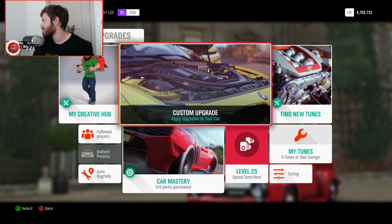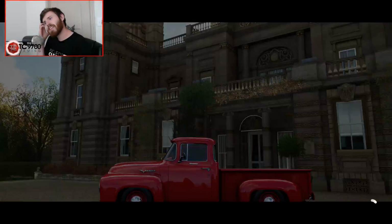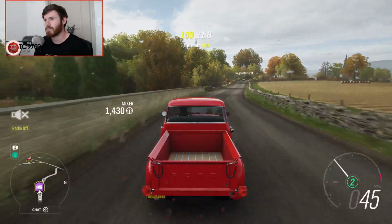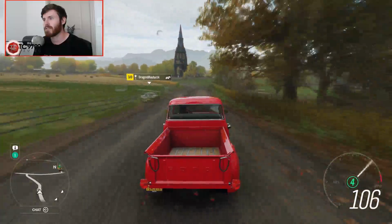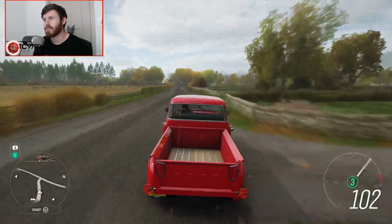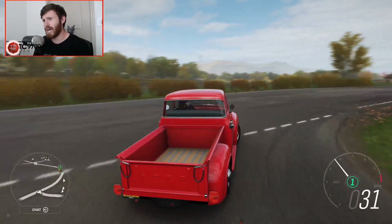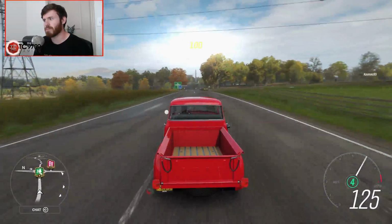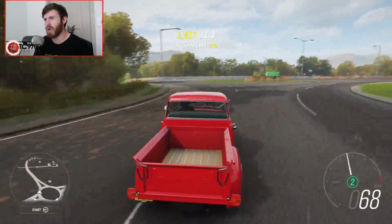Yeah, no, this is going to be fun. This is going to be properly fun. I think it's going to be pretty good off the line too. The only thing is, yeah, it's got drag tires, but we haven't tuned it and there's no weight in the back and it's raining. Ooh! With the drag tires, it's a little scary. Not gonna lie, it's a little scary. It hooks in second, though. Let's see if with the drag tires it'll slide the roundabout. I'm sure it will, but